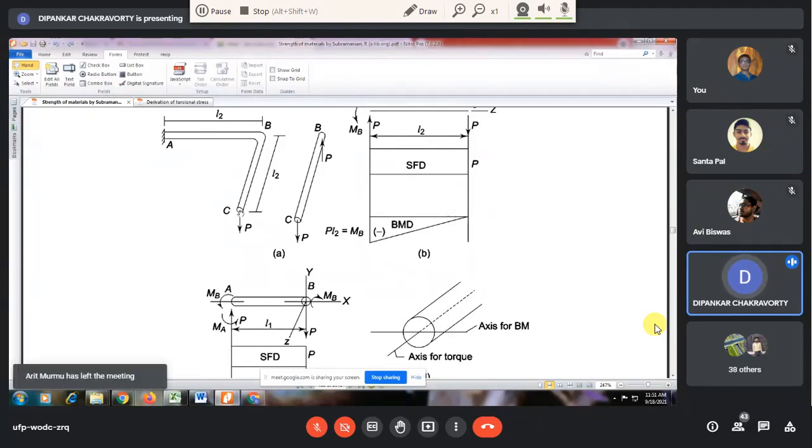Now when you take the free body diagram of AB, what we do is when we transfer a load from one point to another point, the load itself goes, and the moment which the load creates about this point, that moment will also go. I'm repeating, the effect of load at a point is the load itself and the moment at some other point. So the effect of load P at C is the load P at B and a moment which is equal to P into CB at B. Do you understand, students?